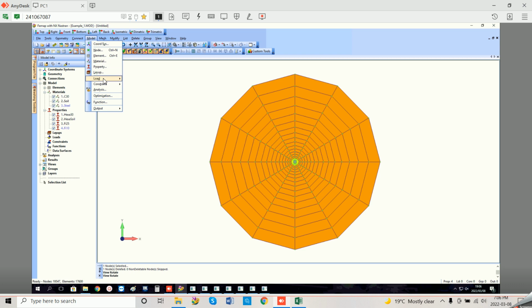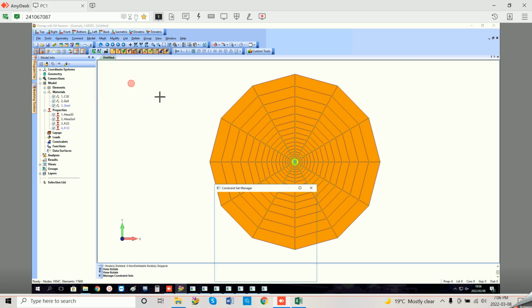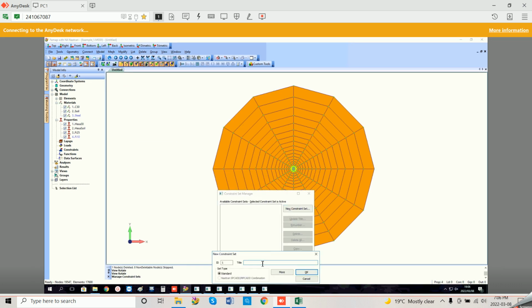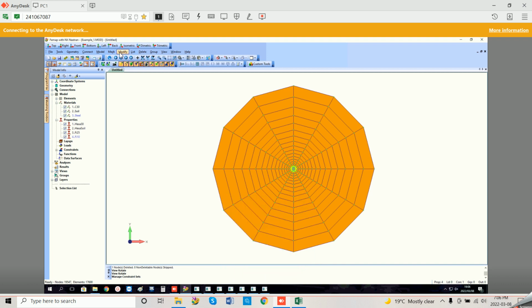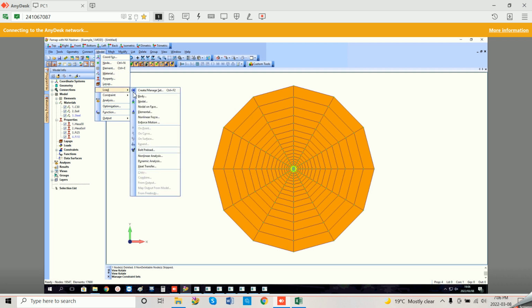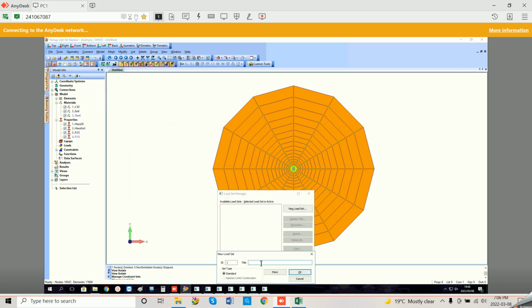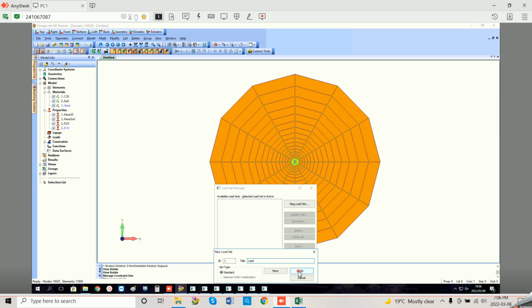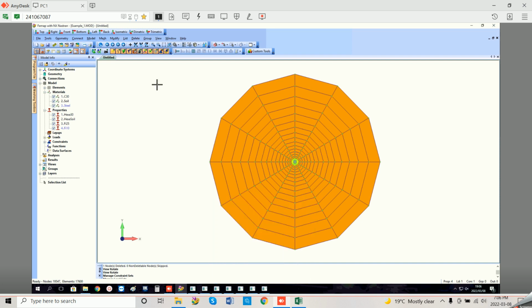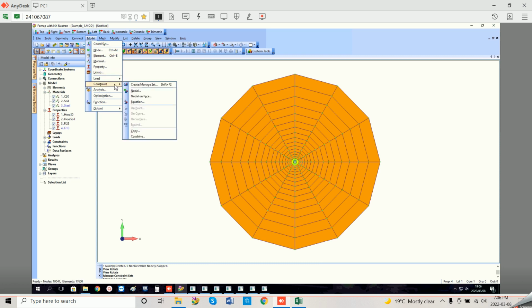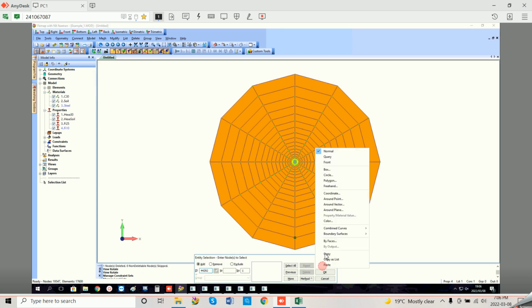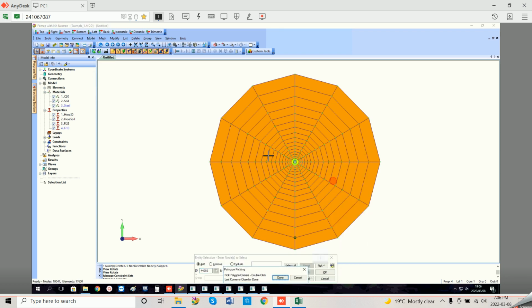So we have to go model, constraint, create a new one. We'll just call it fixed for now. Okay, then we go model, then we're going to create another load. We're going to call this load. So now we've basically just created the load and constraint group. So now for the constraint, we're going to put nodal. So we're going to use a polygon,